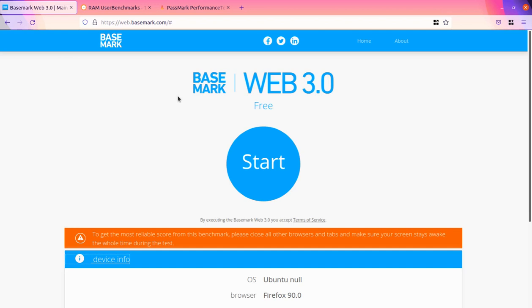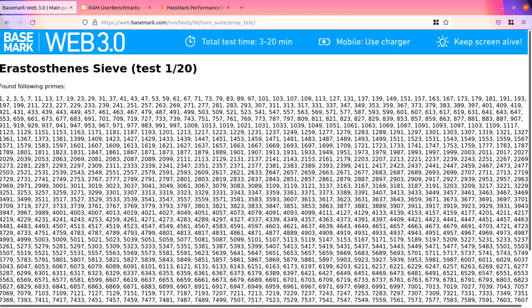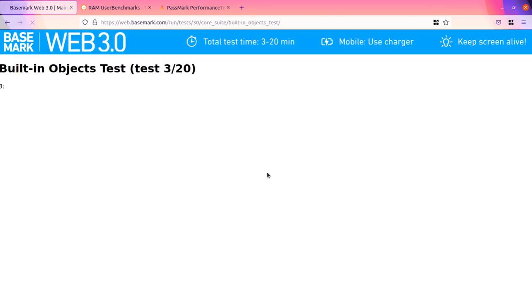And now I am going to show you the graphics of my PC which I am using at present. Simply open the website and click on Start. And yes, the graphics test has started, and you can see the screen.